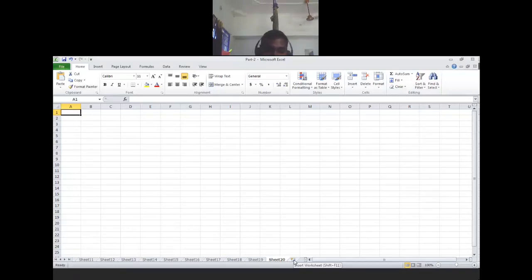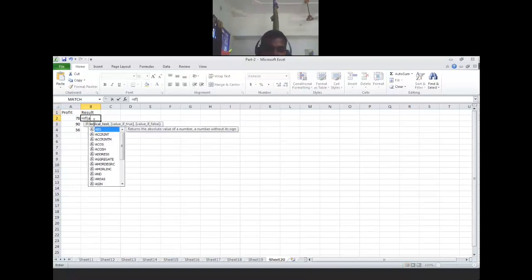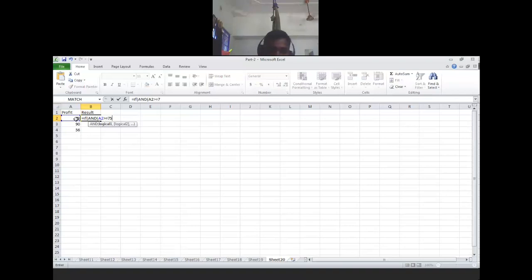For example, I make a column as profit, and I'll put values like 78, 90, 56, and a result column. Now I'm typing equal IF open bracket AND logical, A2 greater than equal to 75, comma, again A2 less than equal to 100.